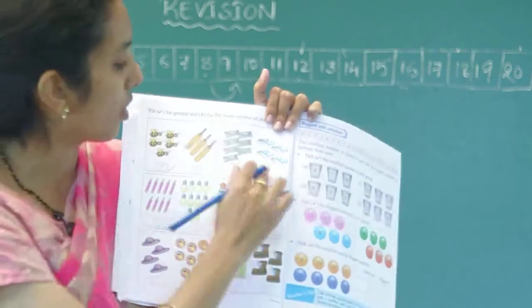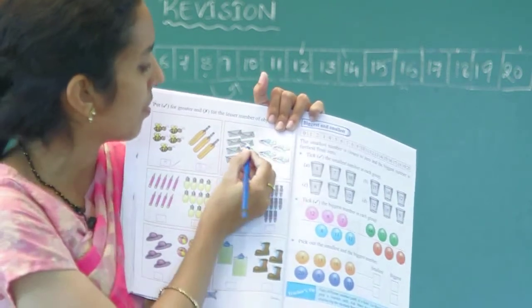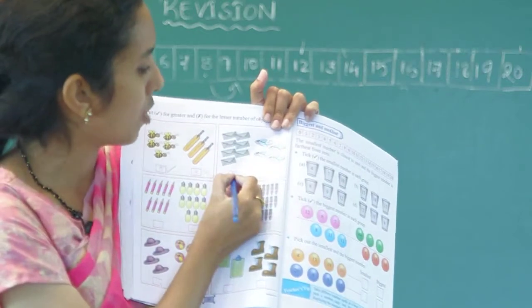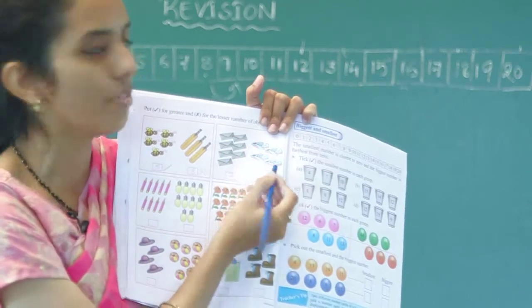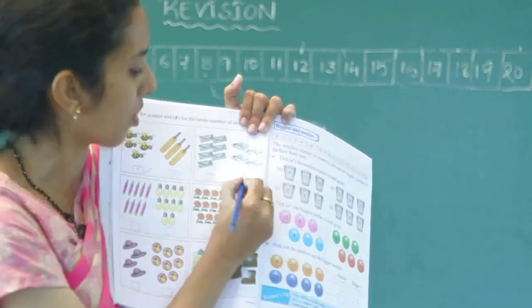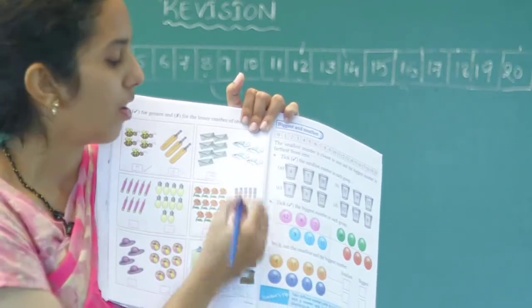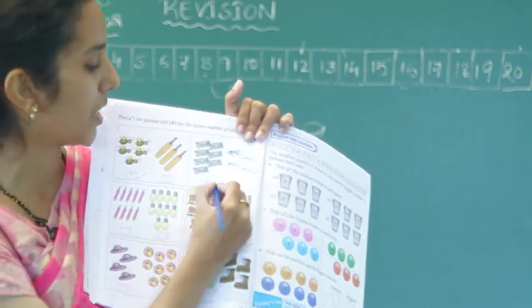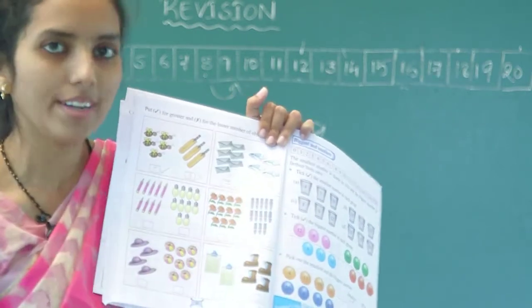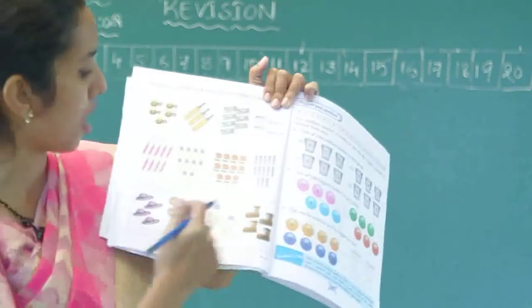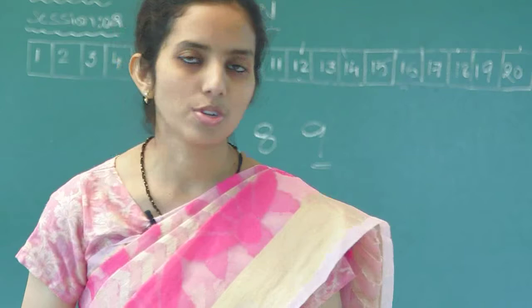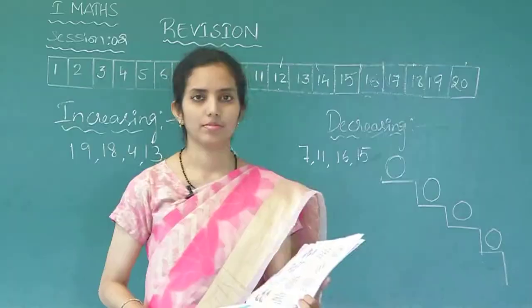Okay. Now here 1, 2, 3, 4, 5, 6, 7. 7 envelopes are there. 1, 2, 3, 4. Aeroplanes are 4. So which is smaller? 4. So first put a cross mark. And which is bigger? 7. So put a tick mark. So remaining examples, the other 4 examples, I want you to do it by yourself.